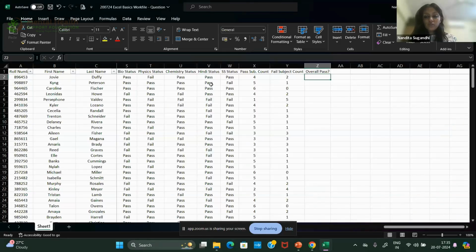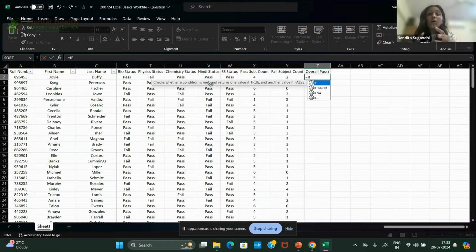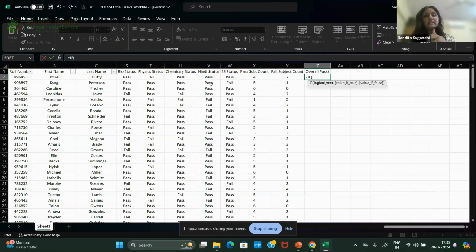Since it's a logical test, we will use the IF function. You open the parenthesis. I want to have two conditions. One is they have to have their fail subject count less than 3. Second, their percentage has to be 60 or more than 60, right?